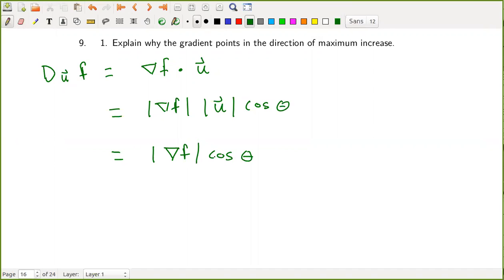Okay, so now if we want to find the theta that maximizes this expression, then we want cosine theta to be equal to the biggest thing that it can be equal to. The biggest thing it can be is 1, and that means theta is equal to 0. So this is the biggest. So D_u f is largest